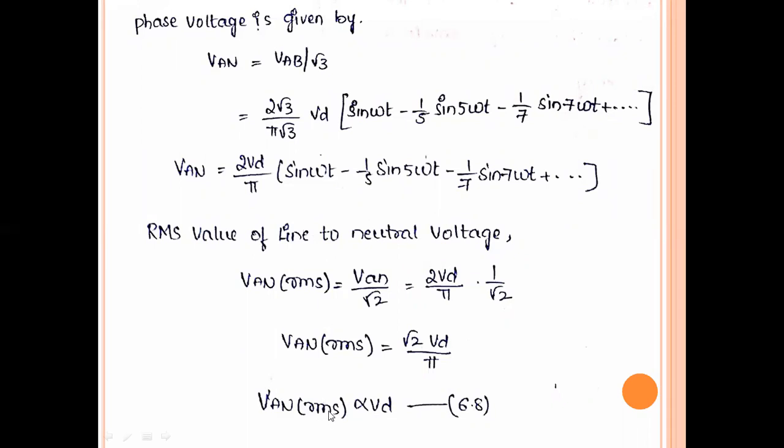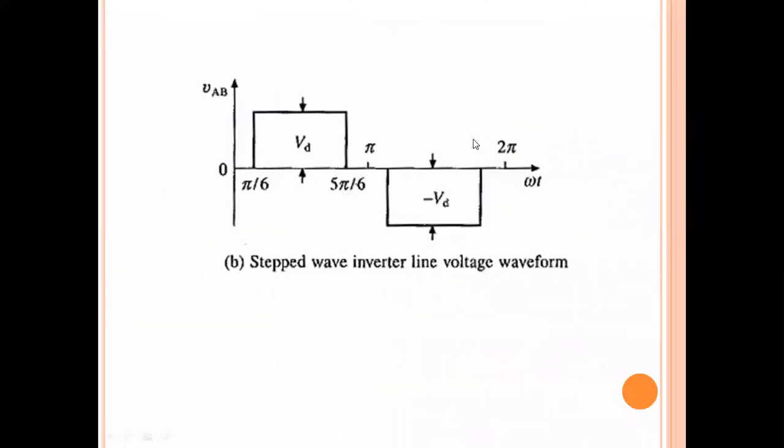Remember, this is a frequency control, so we should control the frequency. So the frequency can be controlled by the time period of the stepped waveform, because here we are using a stepped wave inverter. So the total time period of this particular waveform can be varied, right? So if we can vary this time period, then automatically frequency will also be varied, because frequency is 1 by T. We know this relation, frequency is 1 by T. If we vary this time period, we can change the frequency.